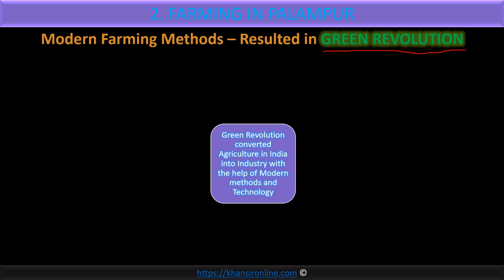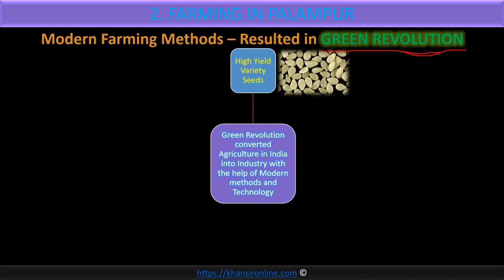This is such a great success of Indian farming that we earlier used to import food grain from other countries. Now we have started to export the food grain to many countries. Still, we have a full enough stock of food grain with us. So what was the green revolution? What was the modern farming method that resulted in the green revolution and that made India self-sufficient in food grain? Modern farming method had converted Indian agriculture into an industry, like a big business.